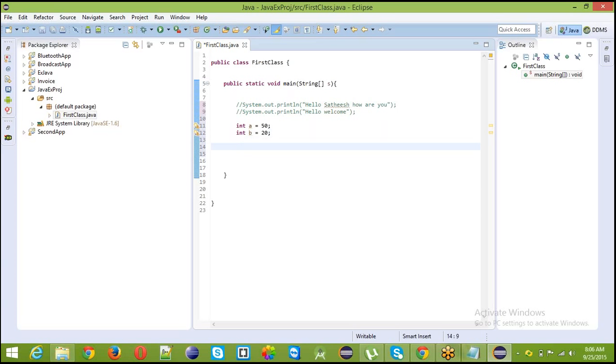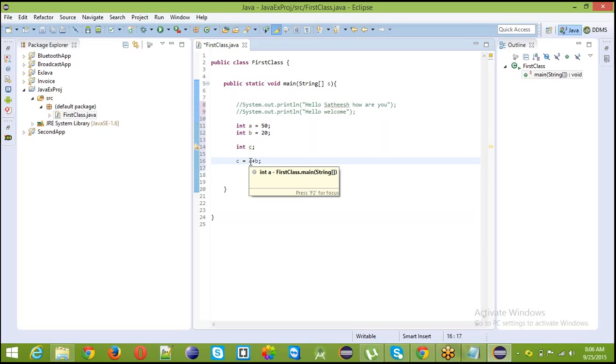after adding. Okay. So how can I add? So I am taking one more variable, integer C. C, I am not assigning anything. Okay, it is blank. Blank is nothing. I am not adding. It is an empty variable. It is not having any value. So here what I am doing is C is equal to A plus B. So C is empty. Now I am assigning C is equal to A plus B.